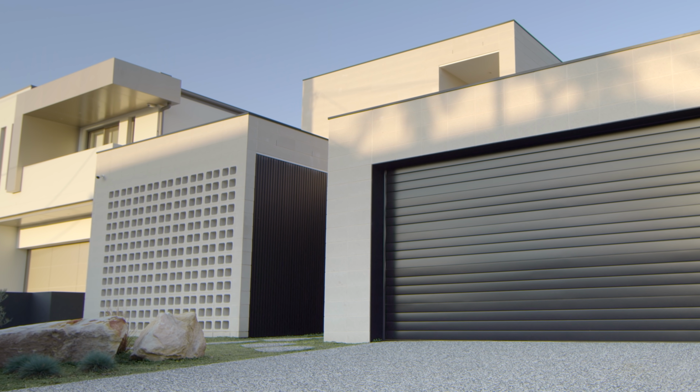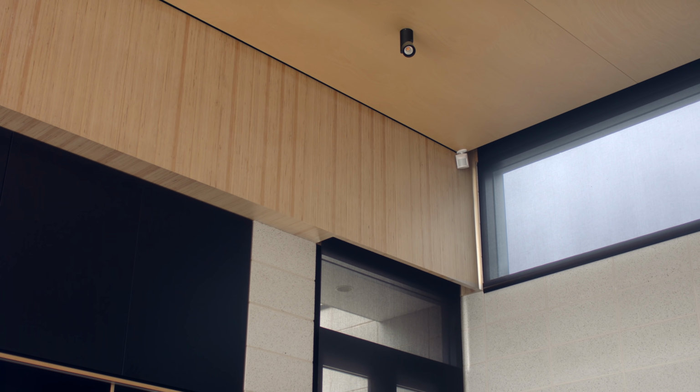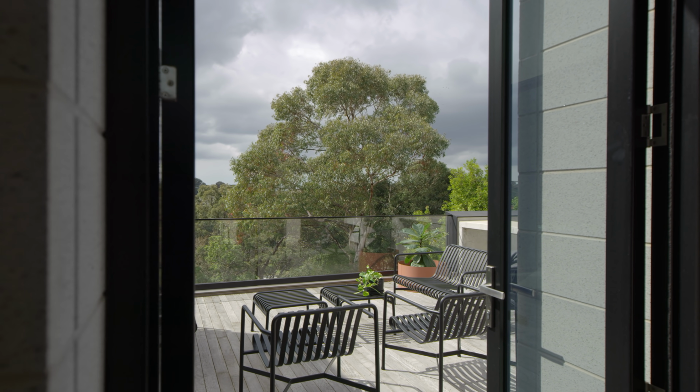The block work in this project has a hone finish, which exposes the beautiful natural aggregates. This creates a nice limestone effect, which echoes the surrounding environment and aligns very well to the eucalyptus tree found in the backyard of the project. And the fact they've been used both internally and externally means they don't require any extra finishes such as painting,